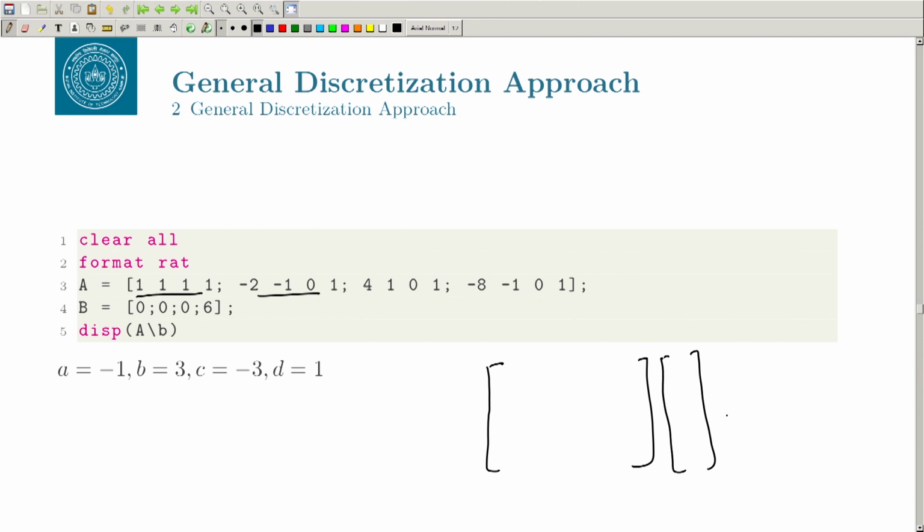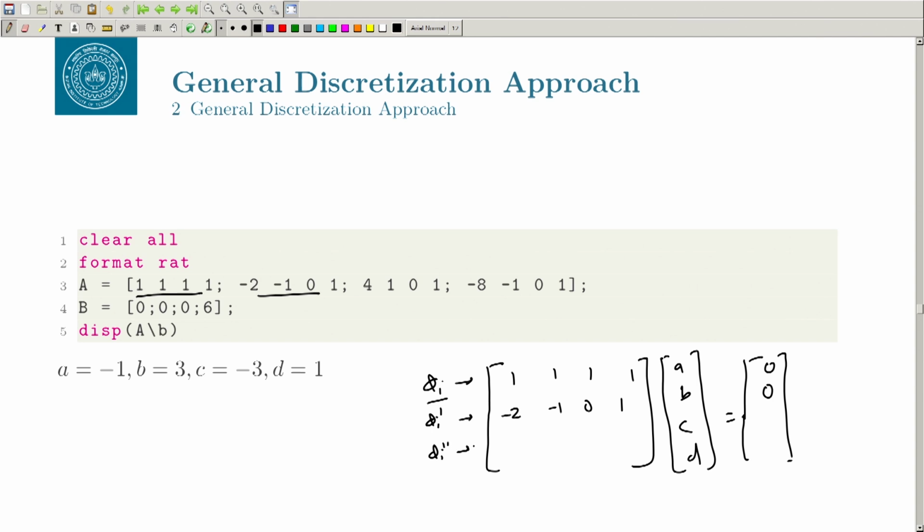So, what we have done is we have solved this A x equal to b, because this becomes a complicated problem. So this is basically a, b, c and d. If you equate that, this is a plus b plus c plus d, because this is the coefficient of phi I, so that will become 0. Similarly, this is phi I prime, minus 2, minus 1, 0 and 1. You can go back and please work this out. Similarly, for phi I double prime, we have 4, 1, 0, 1, and that will also be 0, and the last one will be